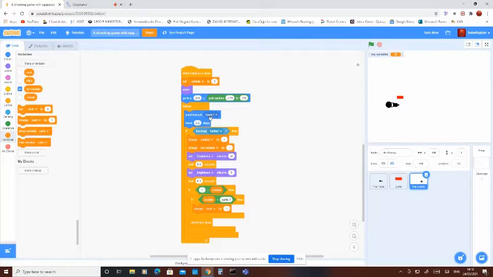Then forever, point towards sprite 1. It hasn't changed to player, so you need to change it to the player. Move 0.2 steps, so it'll move very slowly. If touching sprite 2, which is the bullet,